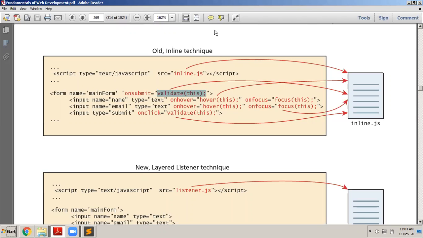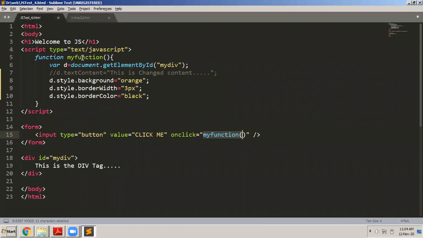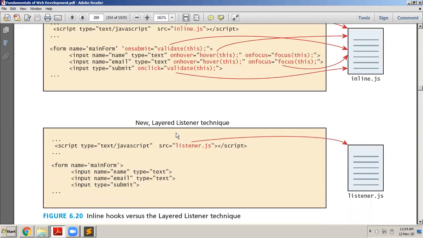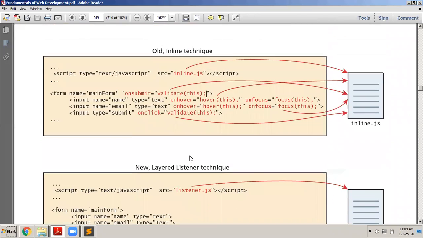And then you can write that JavaScript function inside the script tag, like how we had written it for this. You can see here we had written a function called myFunction, and on click, similarly we have to write onsubmit in the form tag. Then this function will be called when the form is submitted. So there are different ways of calling JavaScript when a particular event occurs. One is inline, the other is writing it in a function and then calling it. You can also write your JavaScript in separate files and include it by using the script tag: type equals text/javascript, src equals inline.js.